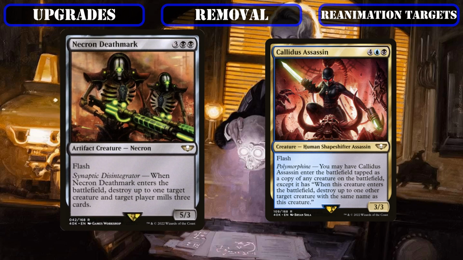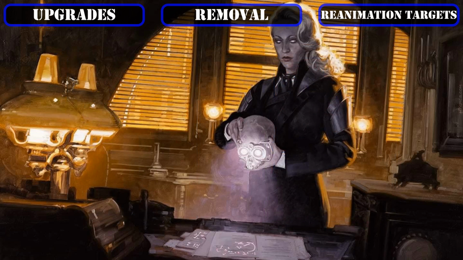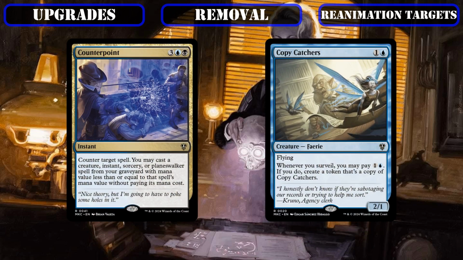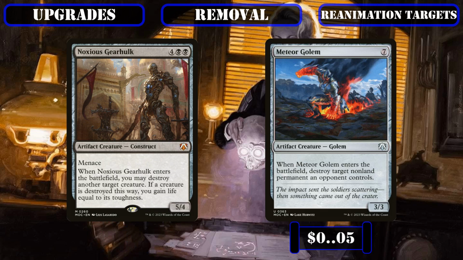with the former also letting us set up our bin even further by milling us, while the latter becomes a copy of whatever creature it destroys so we can use it against our opponents, shelving the impressive but 2-mana intensive counterspell Counterpoint, along with the 2-mana intensive self-copying creature Copy Catchers, for the ETB removal golems Noxious Gearhulk and Meteor Golem, which give us access to even more ETB removal on bodies for us